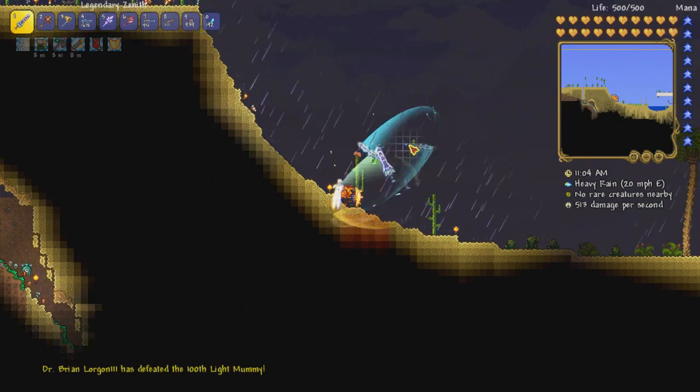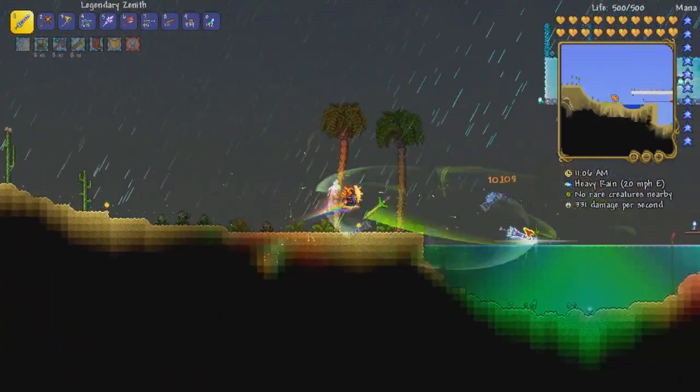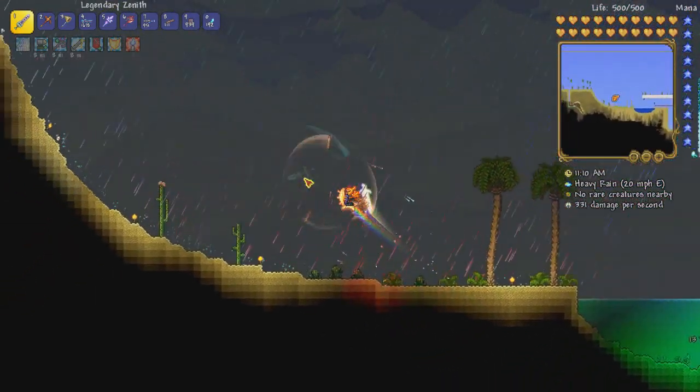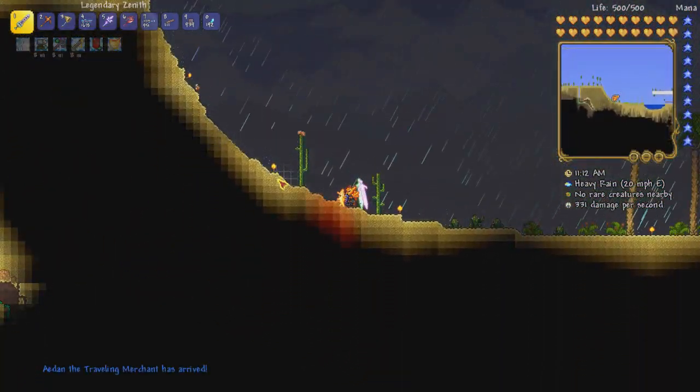So I got Santa Claus. Santa Claus can only spawn, so he's not alive right now, otherwise I'd show him off. He can only spawn on the one day after you've defeated...